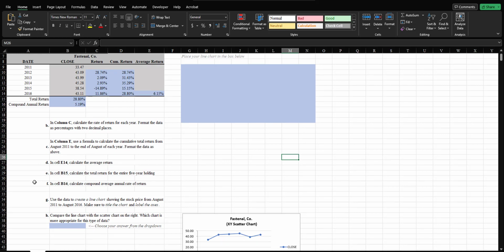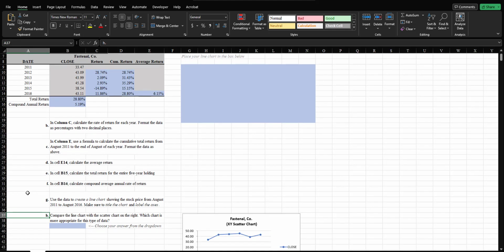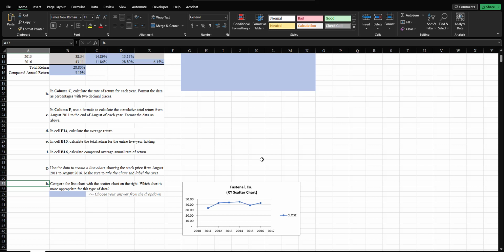Now I want you to go ahead and complete G and H on your own. So you're going to create a chart and then you're going to compare the chart you created with the one that's provided. If you have any questions about this particular assignment or any issues when it comes to using XPrep,